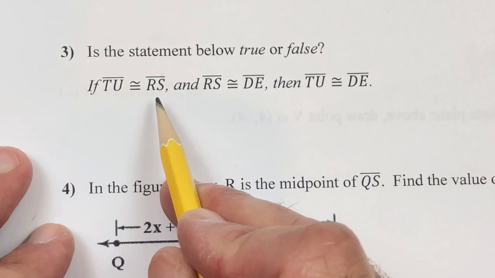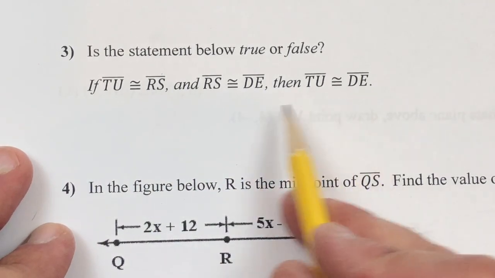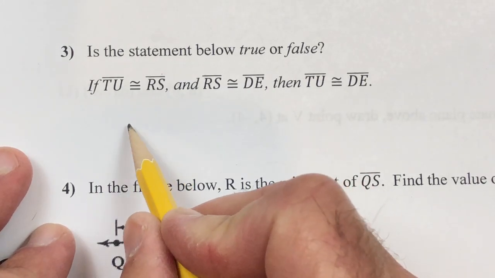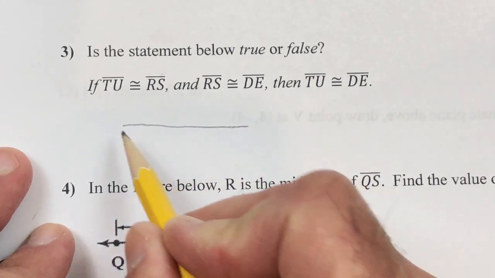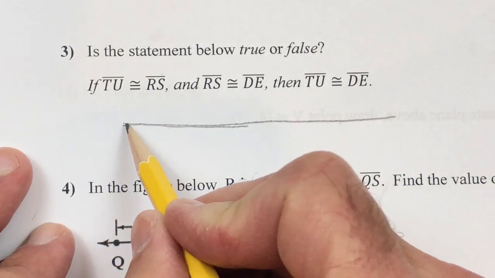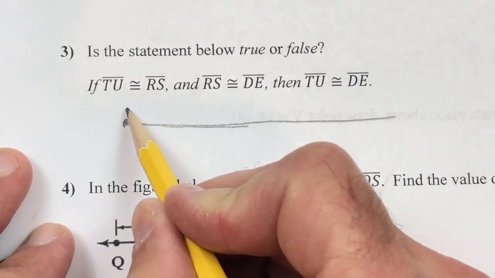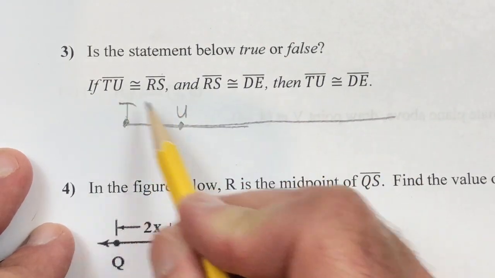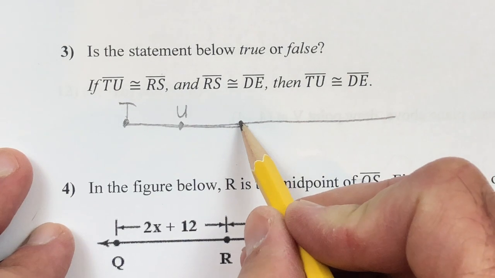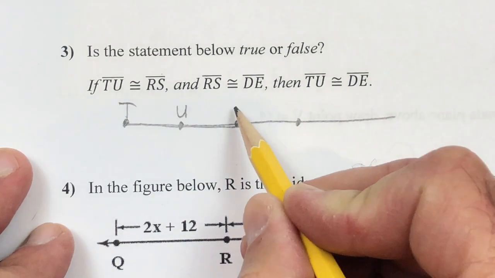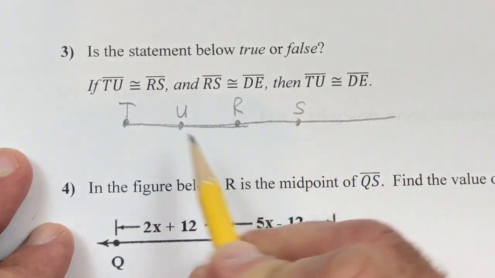And number 3, we're looking to see if this statement is true or false. If line segment TU is congruent to RS, and line segment RS is congruent to DE, does TU have to be congruent to DE? Several ways you could do this. I like to draw a visual. So I'd put a little line segment, and I cut it into smaller line segments. So I have T to U, and I'm going to also include R to S and make them look the same